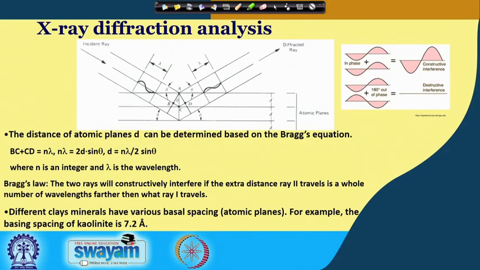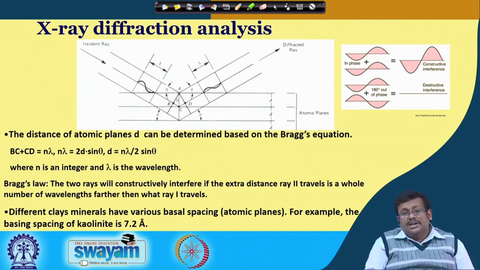So, let us talk about X-ray diffraction analysis. Now, as I have already told you, d-axis spacing is very important for the identification of clay minerals, because one clay mineral differs from another based on their d-axis spacing. As you can remember, the d-axis spacing of kaolinite is the smallest, that is 0.72 nanometer, followed by illite, which is also non-expanding.